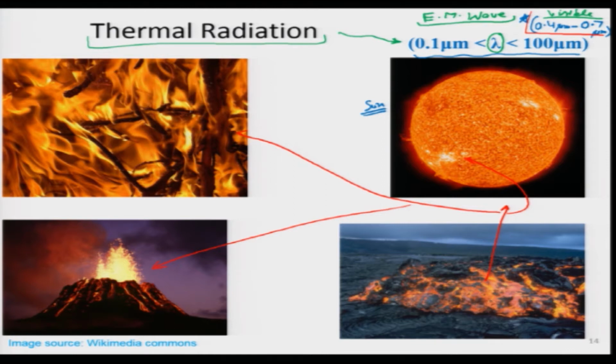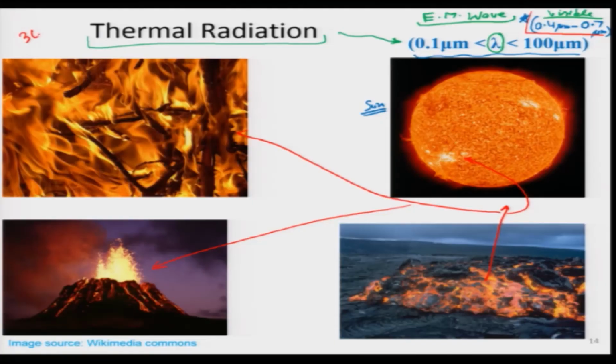Now, if I ask the students a question that in this room there is no fire, so does it mean there is no visible radiation? If I switch off all the lights, then probably it will be dark, there is nothing like a heat source over here, but are there other objects over here which will be giving out thermal radiation? So, the answer is yes, any object which has a finite temperature emits radiation. So, we will start and look at the reason behind that as well.